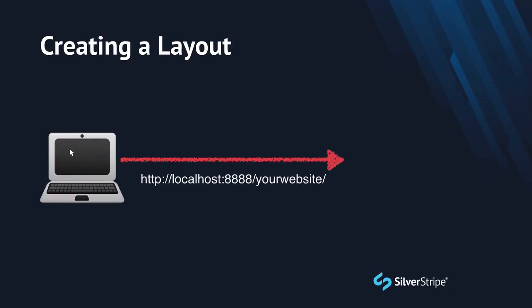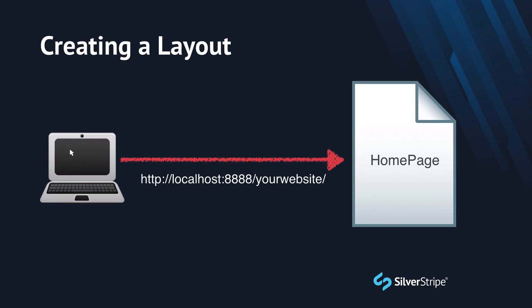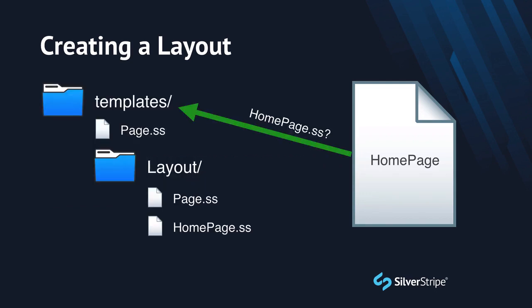Here's how it works. Silverstripe sees that you're requesting a URL for a page that uses the HomePage.ss template. It first looks in the main templates directory to find the Chrome for this page. If it finds a file called HomePage.ss in there, it will select that as your Chrome. If not, it will go through the ancestry of the page until it finds a match. In this case, it only has to go one level up to the parent class of HomePage, which is Page,